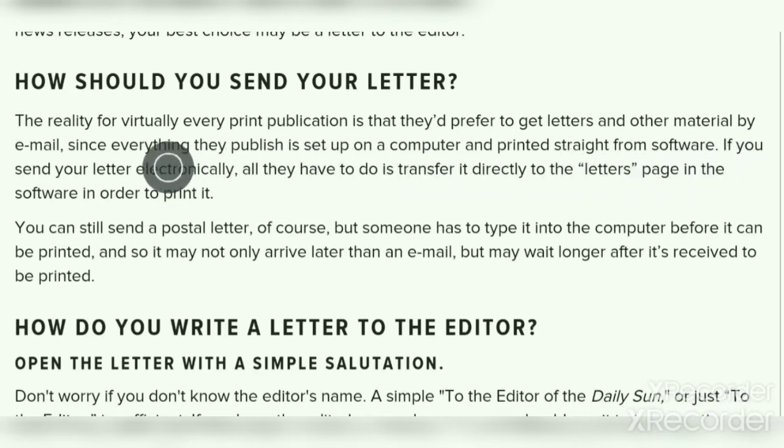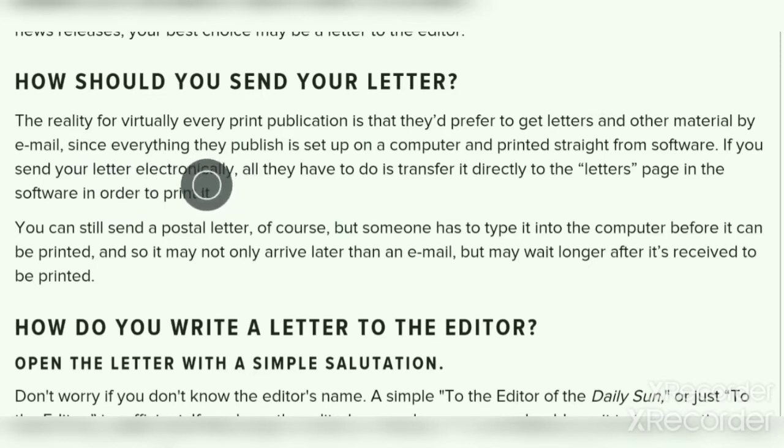If you send your letter electronically, all they have to do is transfer it directly to the letters page in the software in order to print it. These days everything is done online.